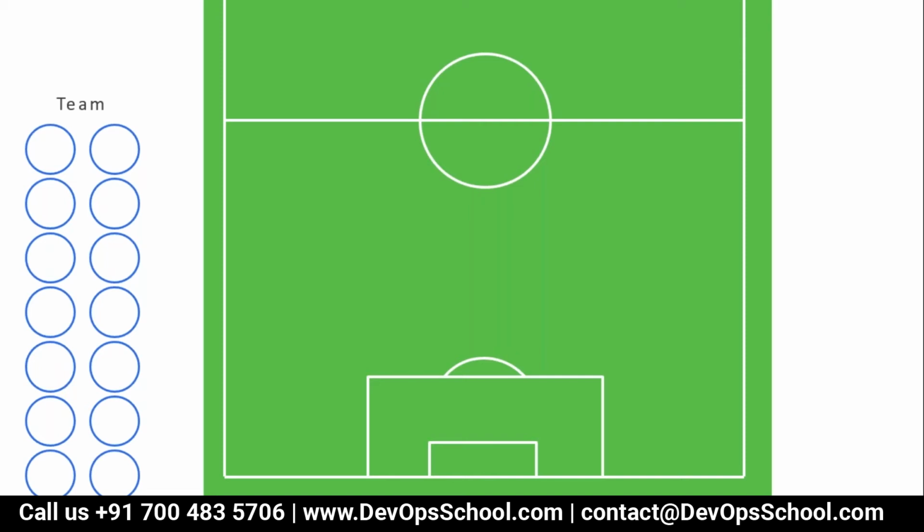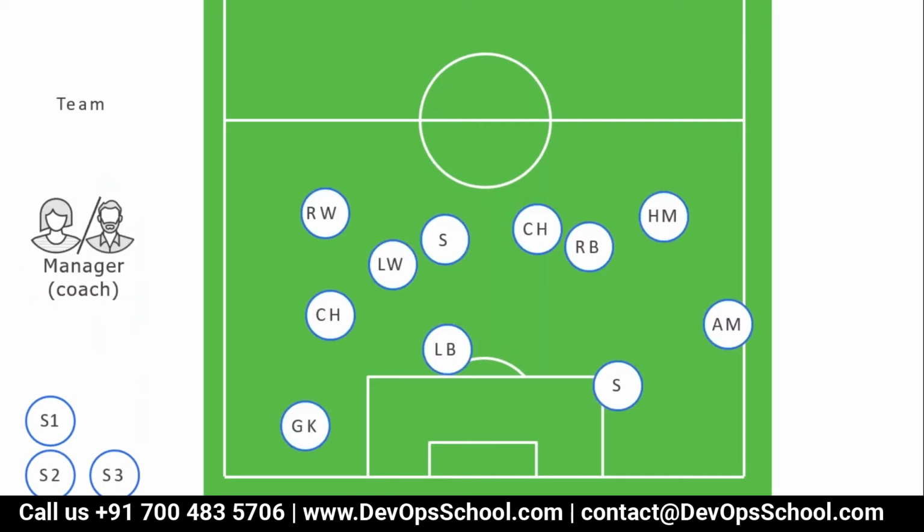So if I think, okay, the players' goal is to make a goal, simple, nothing else. So guys, if you set each player's objective to make a goal, then you know what each player will do? See that. They'll be near to the goal post. Everyone will try to achieve their objective by being near to the goal post, and they'll try to make a goal. You know that if you play like this, you will never win. So what do we need?